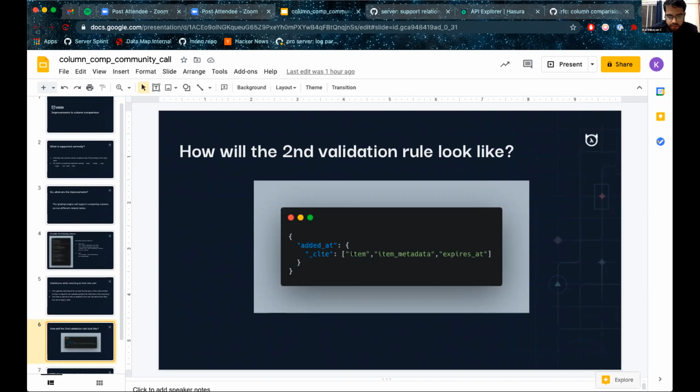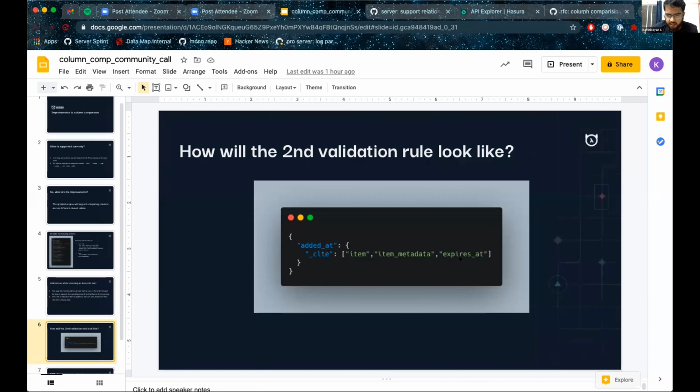Earlier the operator expected a single string, which is the column name, but now it expects an array. In this case, we give a column path to the column. We want to compare added at with expires at, but we have to specify how to reach expires at. This is defined on the order cart table.